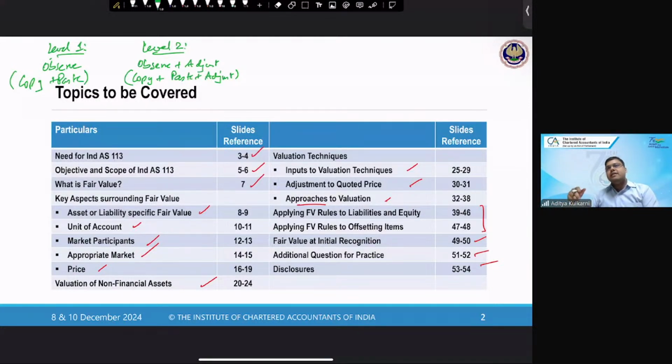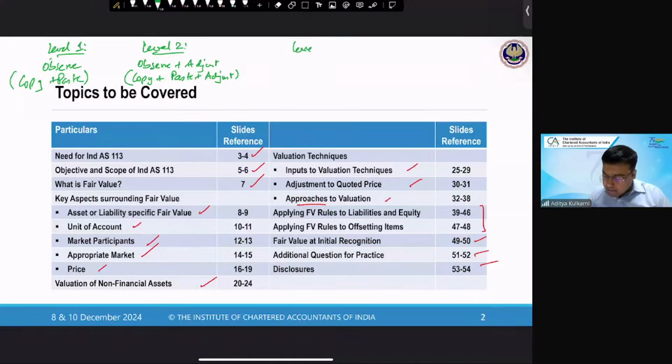Either you are measuring a comparable entity's fair value, for which you have to adjust for liquidity discount or stake adjustments, whatever it is, you will have to do the adjustments. But your fundamental base is an observable input. For example, 18 karat gold does not have a traded price, but I have a 24 karat gold price. So 24 karat gold plus an adjustment for the 18 karat, the 6 karat reduction, we can do proportionately. So that is what level 2 is.